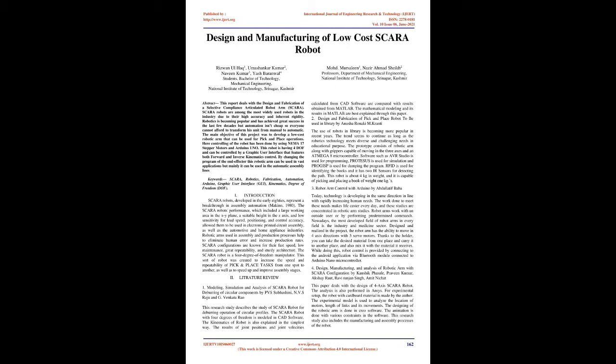2. Design and fabrication of pick-and-place robot to be used in library by Aina Sharonaki M. Kranti. The use of robots in libraries is becoming more popular in recent years. The trend seems to continue as long as the robotics technology meets diverse and challenging needs in educational purpose. The prototype consists of a robotic arm along with grippers capable of moving in the 3 axes and an ATmega8 microcontroller. Software such as AVR Studio is used for programming, Proteus is used for simulation, and Progisp is used for dumping the program. RFID is used for identifying the books, and it has 2 IR sensors for detecting the path. This robot is about 4 kilograms in weight, and it is capable of picking and placing a book of weight